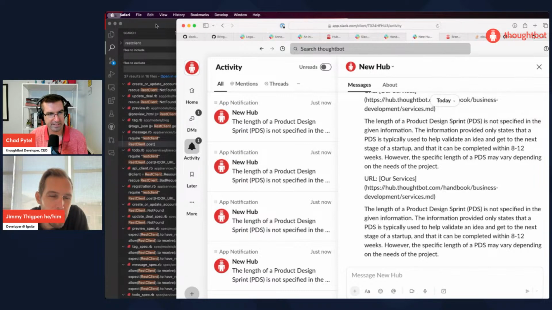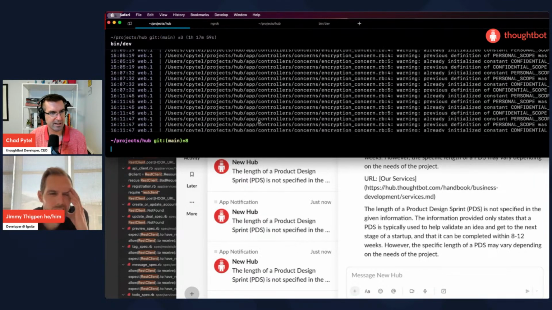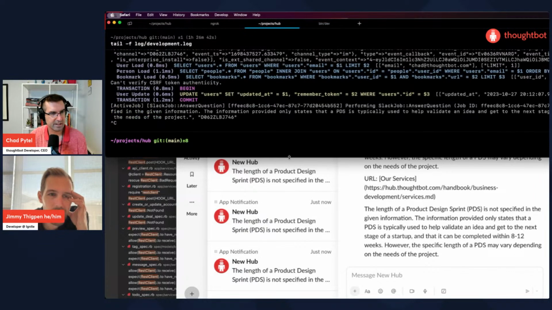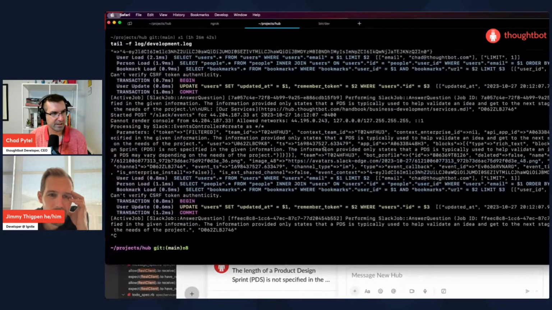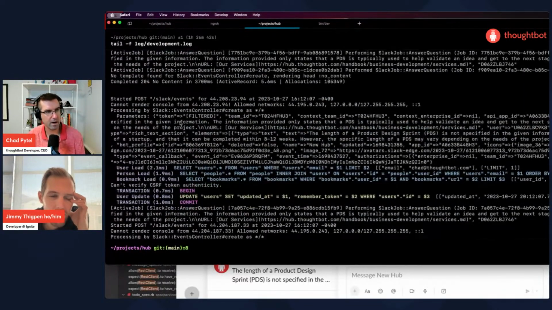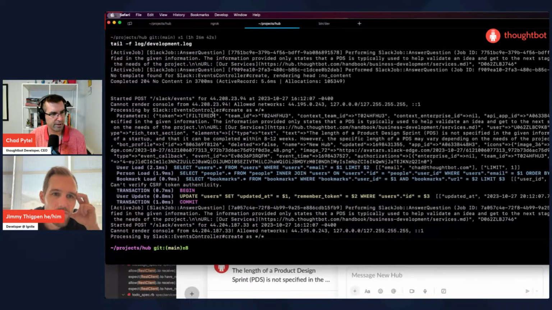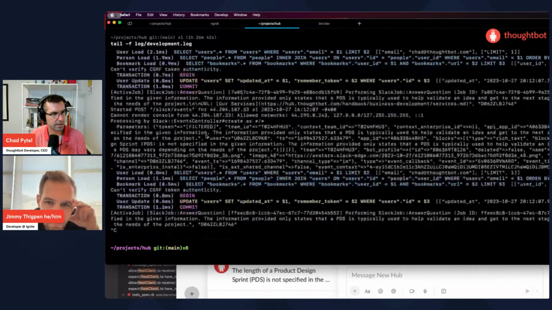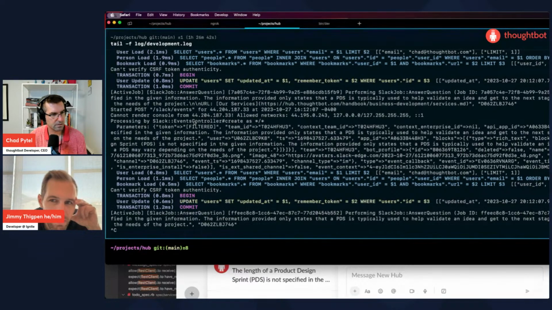So let's look at the log here. Was it the search service that was in a loop almost? If we look at the log for the hub, it received the event request. It then did the job, and then we got another.